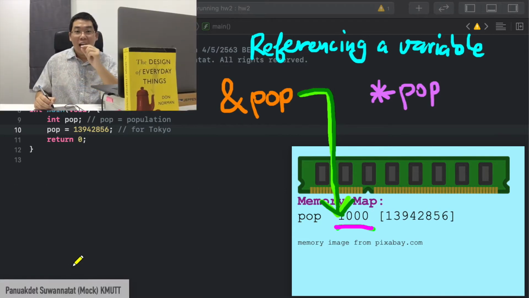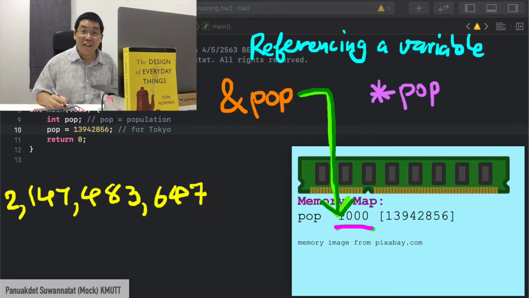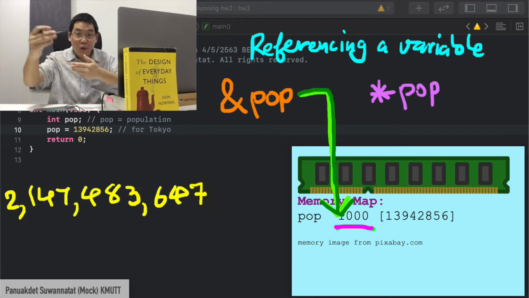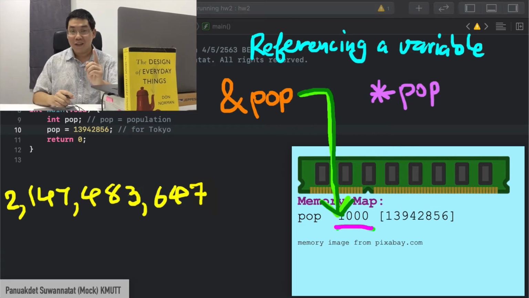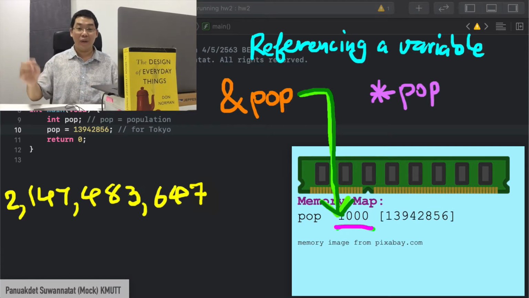Okay, fun fact. I told you that a 32-bit number can store positive numbers up to about 2 billion. It's actually exactly this. If an integer variable reaches that number and you try to add 1 to it, it will go to the negative numbers. And that has actually happened in the real world. Some time ago, YouTube had a 32-bit number representing the view count of a video. And one of the videos was the first video to break that limit.